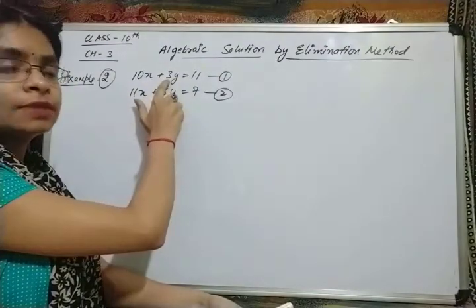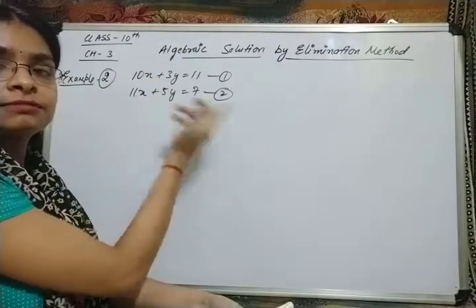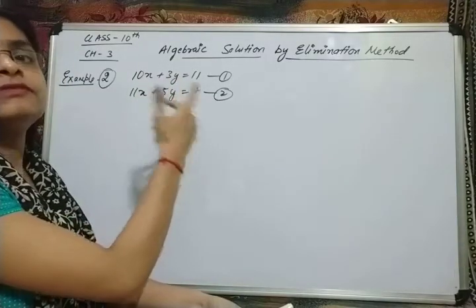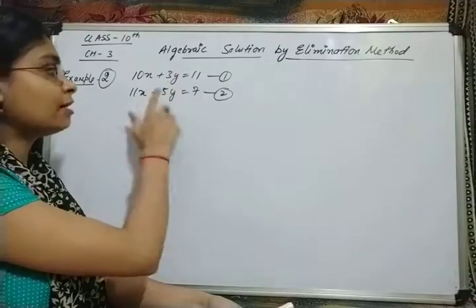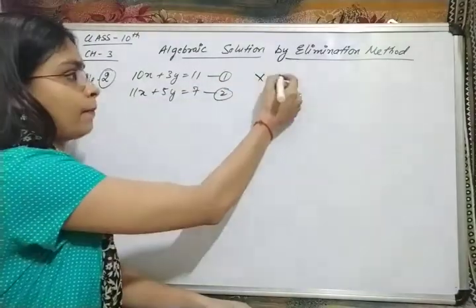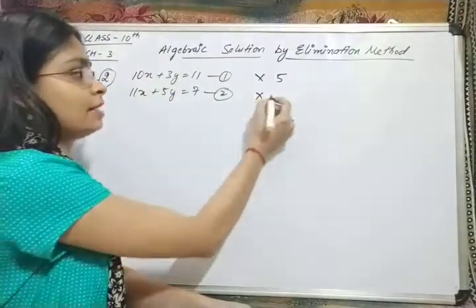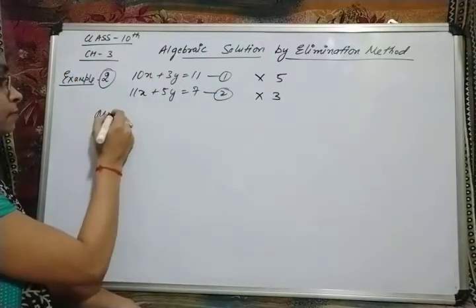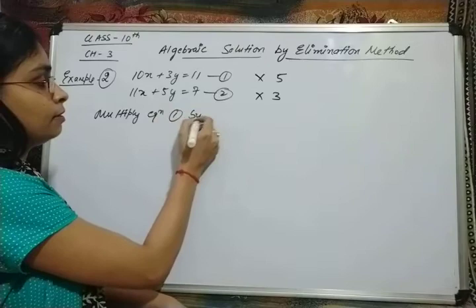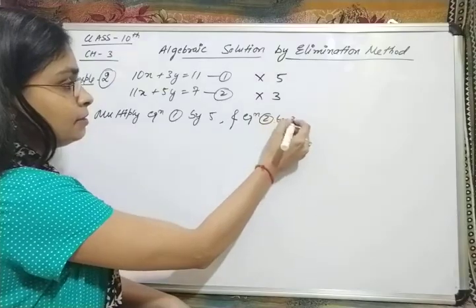So 5 3s are 15. Similarly, if I multiply second equation by the coefficient of this 3, so 3 5s are 15, then also same. Okay. So whenever these type of situation comes, just take the coefficient in inverse manner. The coefficient of this, multiply this equation, and with the coefficient of this, multiply the above equation. So we'll multiply the first equation by 5 and the second equation by the coefficient of this, that is 3. Okay, so multiply equation 1 by 5 and equation 2 by 3.